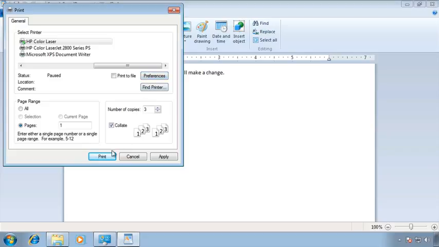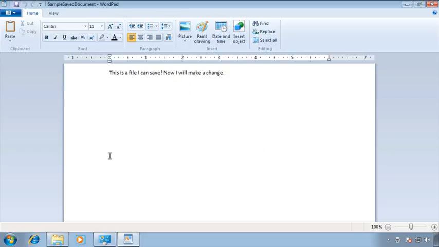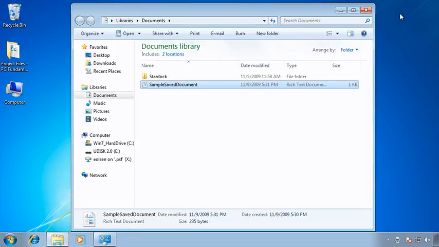When everything's all set the way you want, all you have to do is click Print, which I'll go ahead and do now. You may have seen for just a second a little box that came up and said Printing, page 1, page 2, page 3. That's just telling you that it's processing the print job and that has now been sent to the printer. At this point, I can go ahead and close WordPad. I still have my document library open up in the background, which is